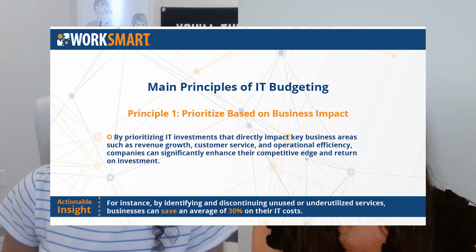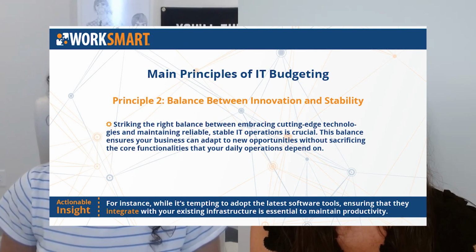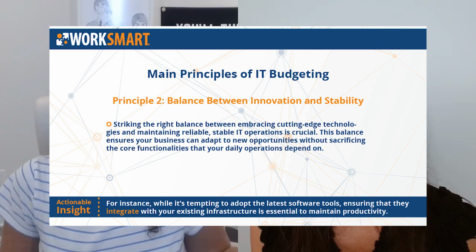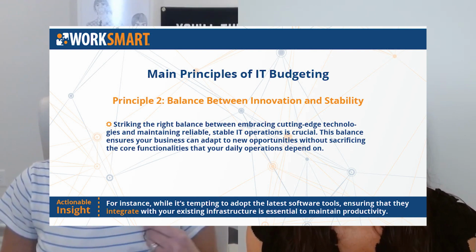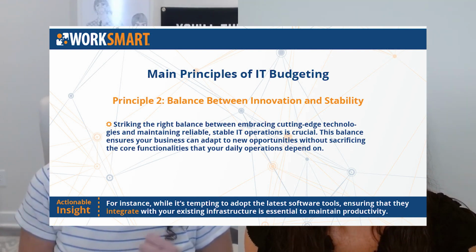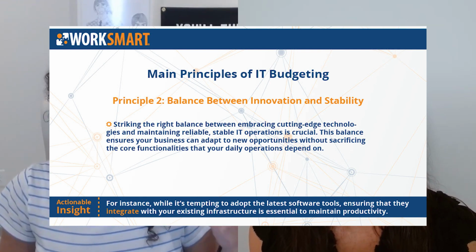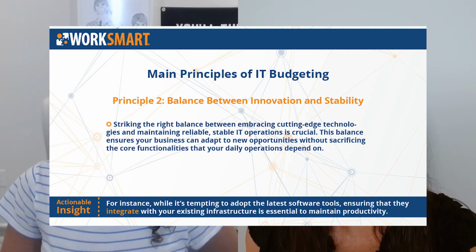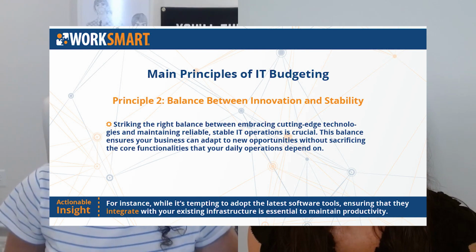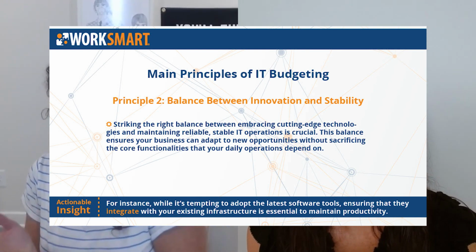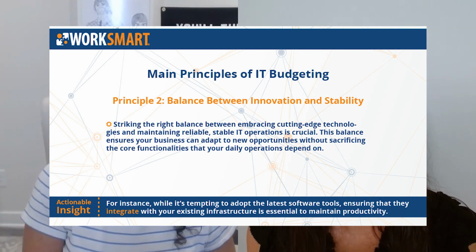Oh, no doubt. And that kind of leads us to principle number 2, which is the balance, right? Of course, we definitely want to be creative and innovative. And we also want to be stable and secure, right? Productivity is important. And so, in a world where technology keeps evolving, there's a lot of opportunities to just add more. And so, having the right technology, not just always more technology, with a balance between what's cutting edge,